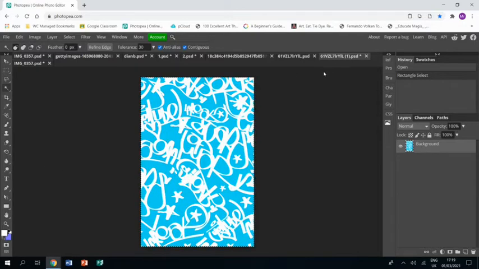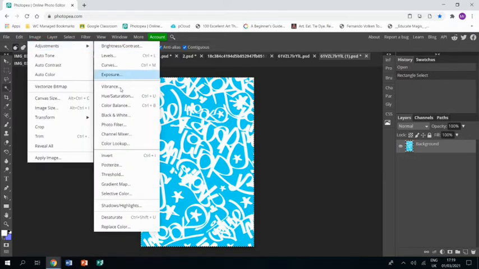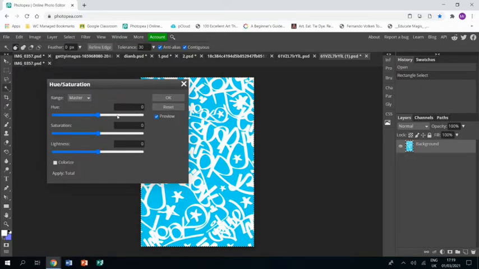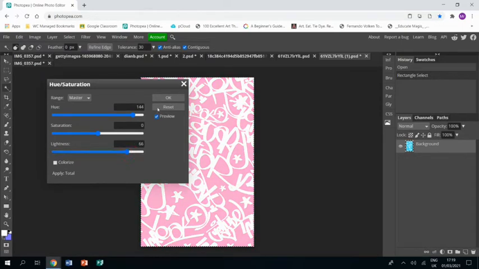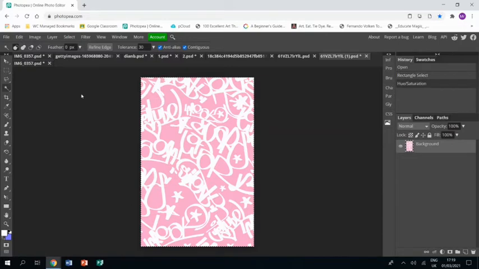Now I want some pink in there, so I'm going to use this blue one and go Image, Adjustments, Hue, Saturation, and I'm going to slide the hue slider till I get a red, and then up the lightness to make that the pink I want. Okay, click OK,